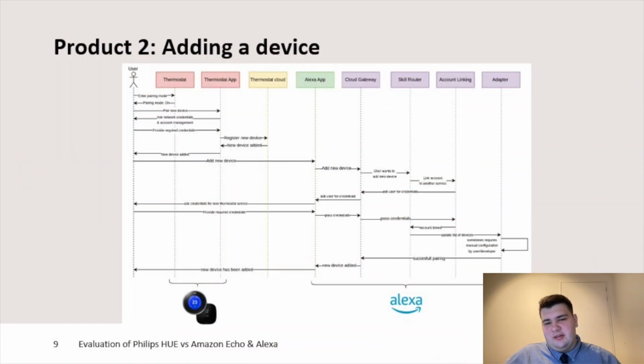So, about the adding device sequence. The user needs to set up the thermostat app, configure it with a thermostat cloud, and afterwards, through the Alexa app, he can initiate the connection process. He needs to link an account and basically give the credentials to Alexa, or manage the credentials for the account linking system of Alexa Cloud, and afterwards